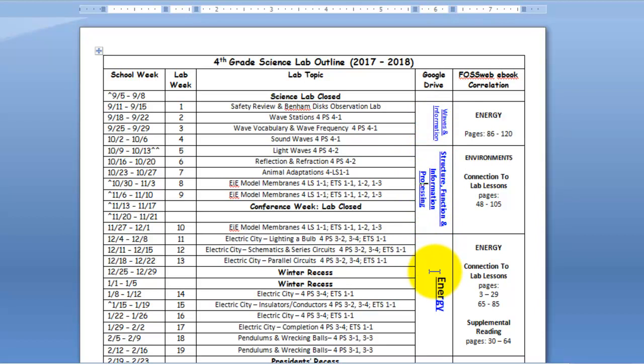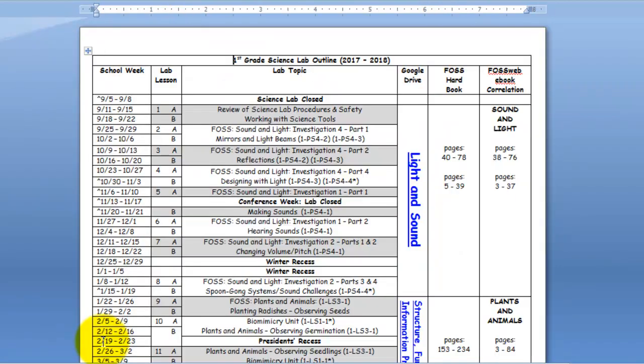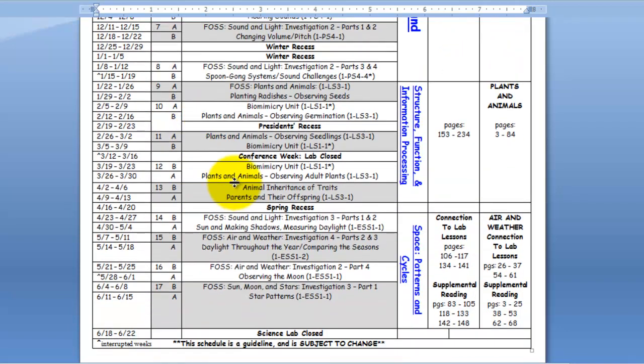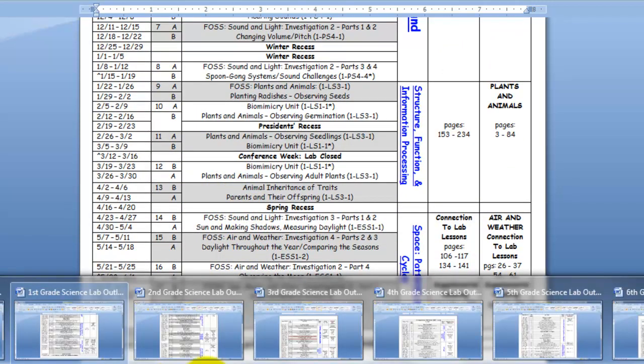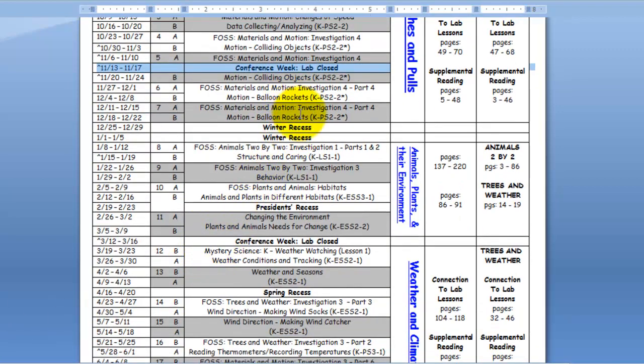These lessons are grouped together in an order and a structure that makes sense through using the Next Generation Science Standards topical groupings. So going back and reinforcing what I talked about before, this idea that physical, life, and Earth don't really exist anymore, we're grouping things by topic, and we've done that both in the Google Drive and also on our outlines. But to highlight what we're talking about here, in this kinder lesson right here